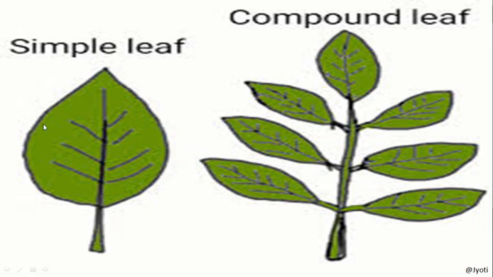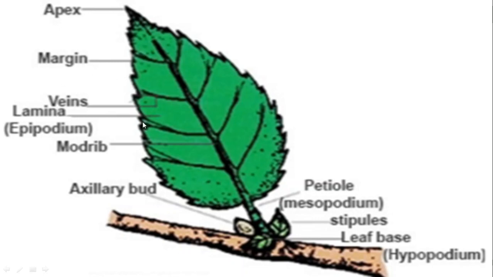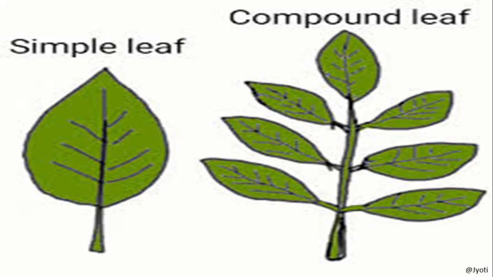So here you can see this is the simple leaf. So here there is no incision. It is an entire leaf. But just in the previous diagram I have shown you the incisions are there, but the incision has not reached up to the midrib or petiole. But here you can see the whole thing is a single leaf, but here the incision, the cut has reached up to the petiole and midrib. Okay, and that's why the whole leaf lamina is divided into many leaflets.